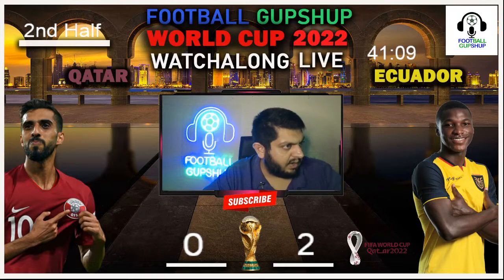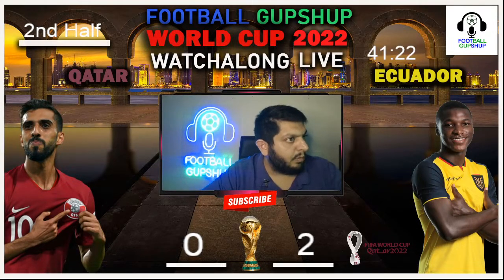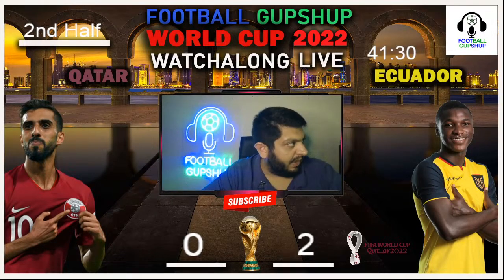Once again, Qatar running forward, pushing the ball onto the left, still with the ball right now, and the cross comes inside, and Qatar almost getting that first goal. Once again, the cross comes inside, and the goalkeeper jumps up and collects it. So Qatar nil, Ecuador 2. 87 minutes into the game, and you can clearly see what was about to happen over there. And Qatar fans right now jumping up and down.